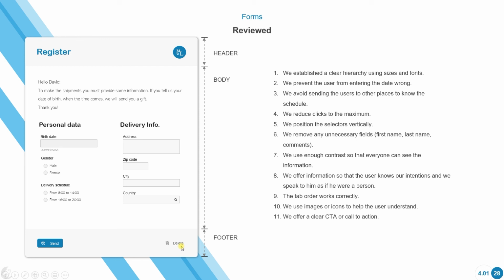We also are going to be using a clear call to action. For example, here we can see the delete button. It's not competing for attention with the send button. So basically, all the attention of the user is being sent to where we want him to go. So first he's going to read this here. This is calling a lot of attention. And besides, usually in most countries, we're reading from left to right and from top to bottom. So this would be the first bit of information we're seeing. Then we see these two different blocks of information that are grouped by these large labels. And then finally, we're seeing this clear call to action where, once he's finished the form, we want him to click the button send.